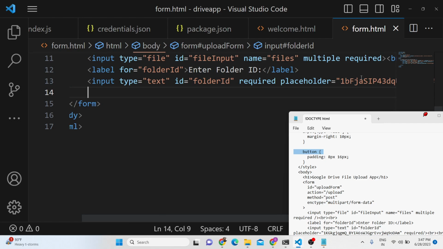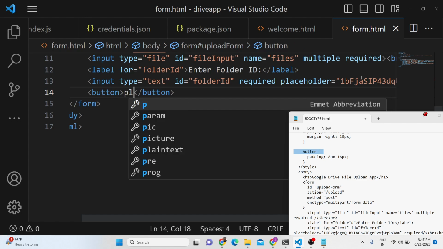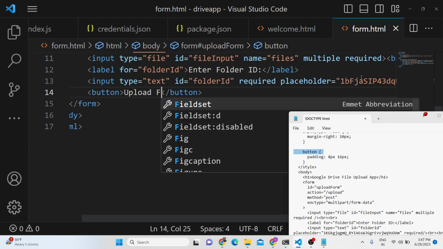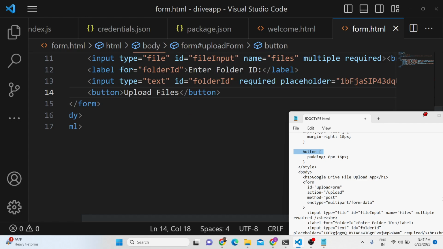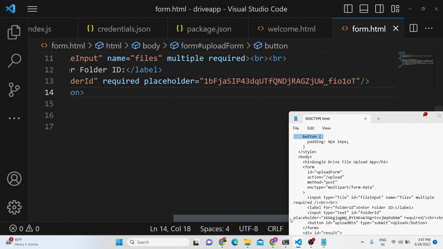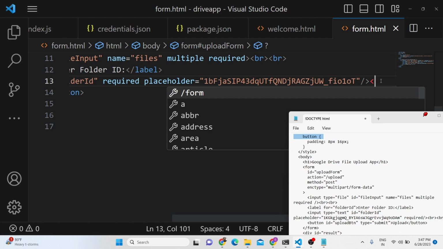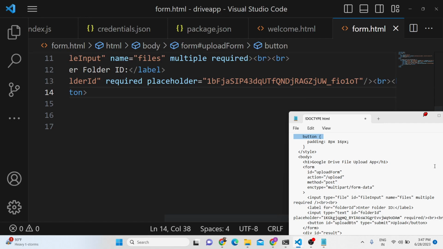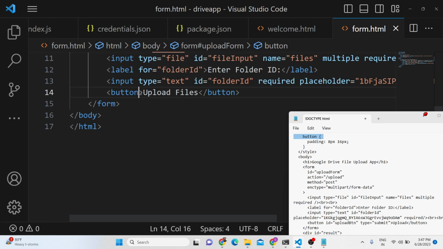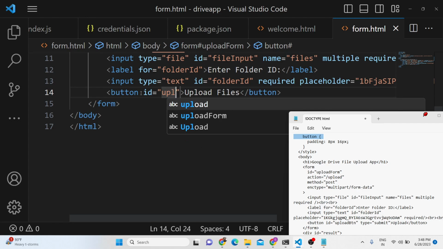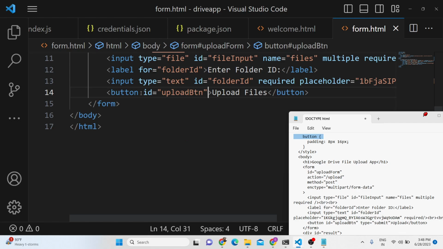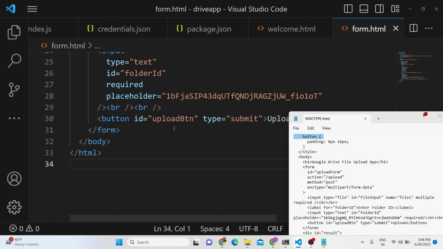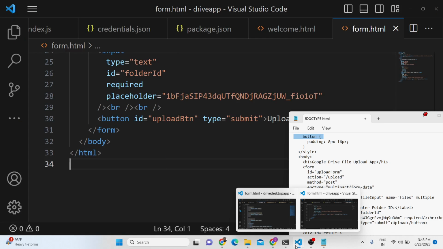So that's all guys, and lastly we will have a button which will upload files. We will also have 2 break tags after this. So this button, we will basically have an ID here, upload button. This type will be submit. This is the actual HTML code guys. So if you now refresh your application,